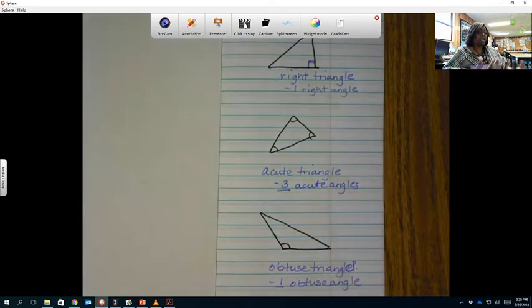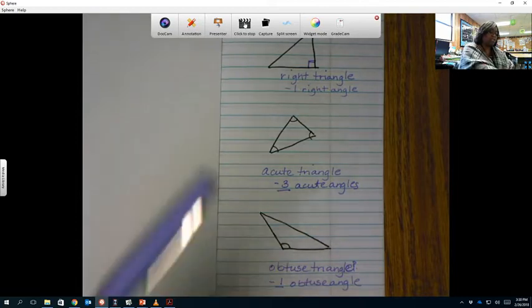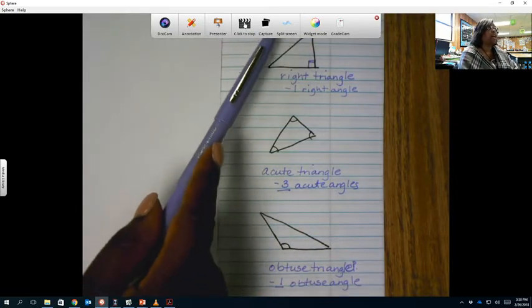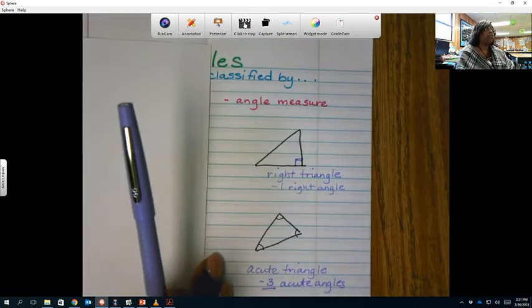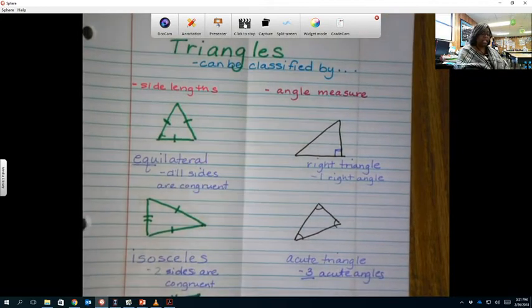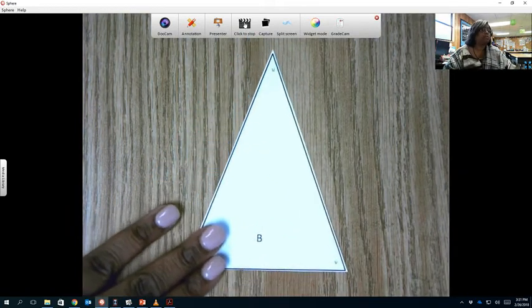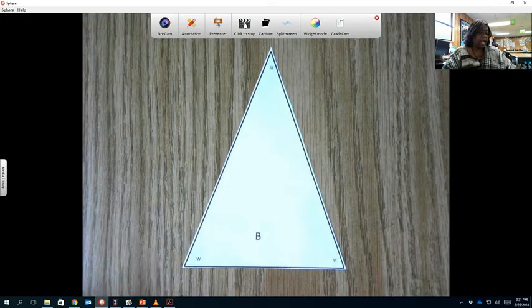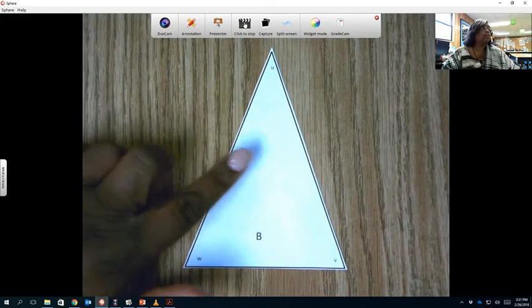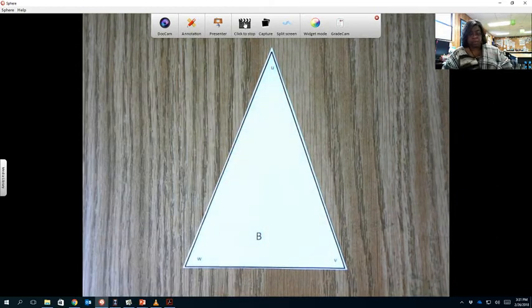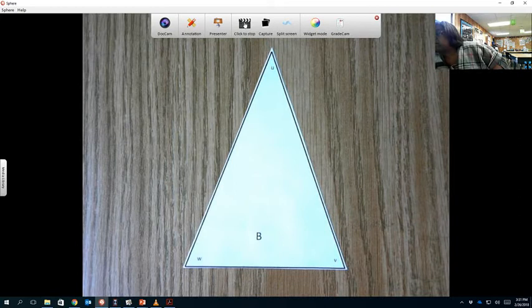Now, we've just looked at the fact that they can be classified by their angle measure or classified by their side length. So let's take a look at a couple examples and see what we would call these. So I have a triangle here. This triangle has two sides that are congruent, but it also has three acute angles. Therefore,